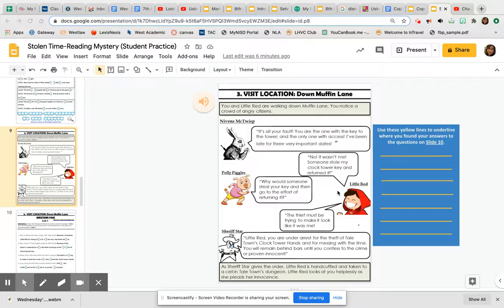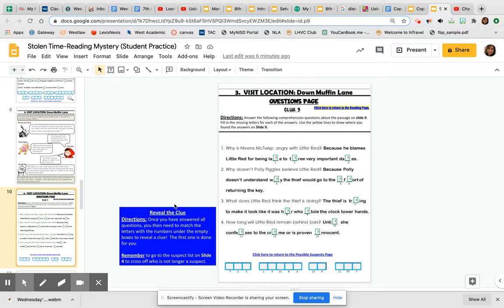For Thursday today, we're going to continue with our mystery, continue trying to figure out who did it. So we have visit location number 3, which is down Muffin Lane. And again, I've recorded this for you so you can play the recording. Once you finish reading visit location number 3, we're going to go to slide 10 and we're answering questions on